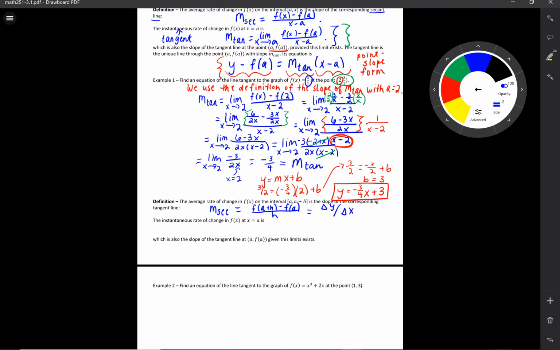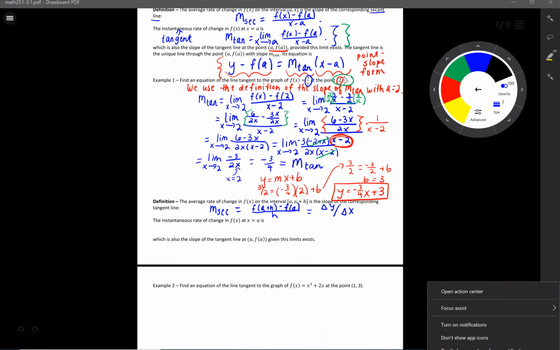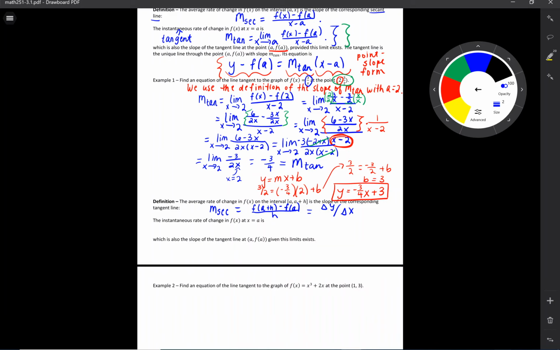And, of course, the instantaneous rate of change at this point, x equals a, is the limit of what we just found above as h goes to 0. So I'm shrinking my interval between a and a plus h by letting h go to 0. That way I make my interval super, super small, and my secant line approaches my tangent line. So I get m sub tan is equal to the limit as h approaches 0 of f of a plus h minus f of a